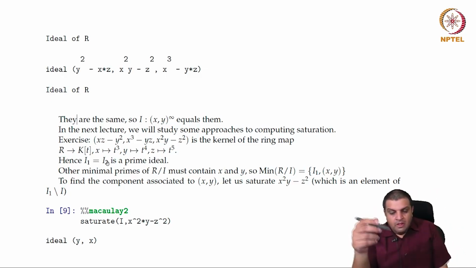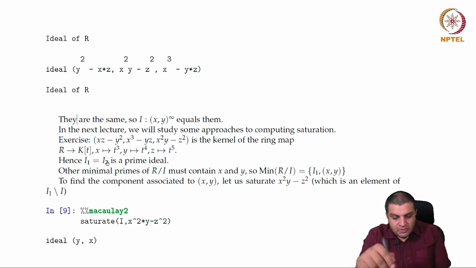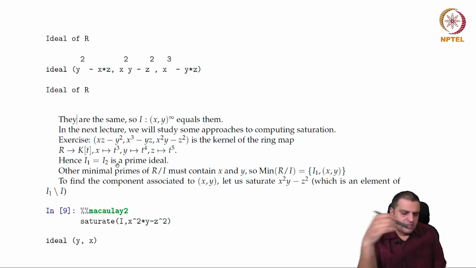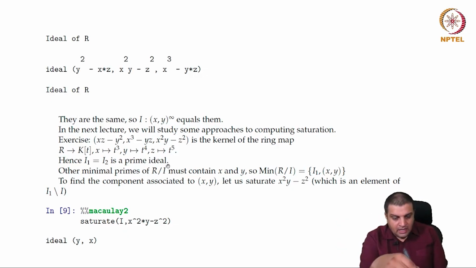Okay. So what have we concluded so far? We have concluded that here is a prime ideal. As soon as you saturate x, we get this prime ideal, or as soon as you saturate y, we get this prime ideal, which means any other minimal prime, which is not this I1 equal to I2, must contain x and y. But notice that x comma y itself is a prime ideal containing this ideal. So there are only two minimal primes, I1 and x comma y. Okay. So now